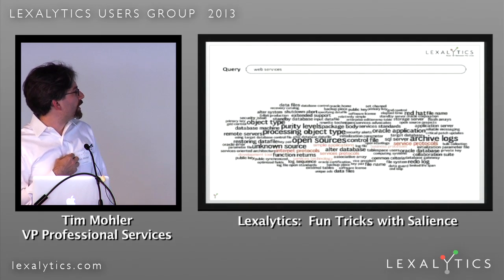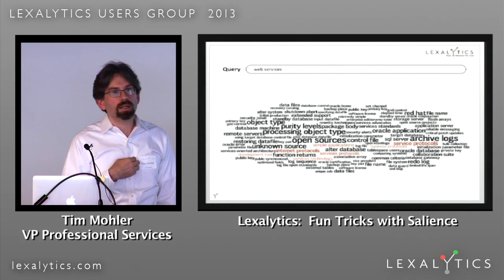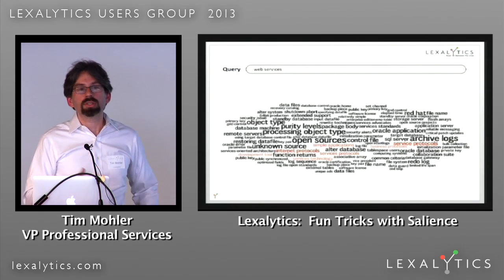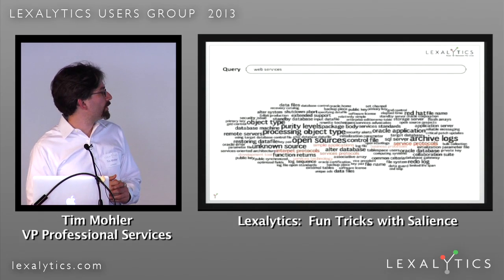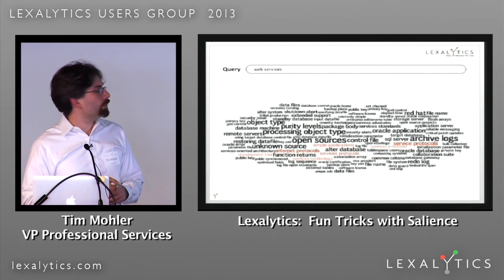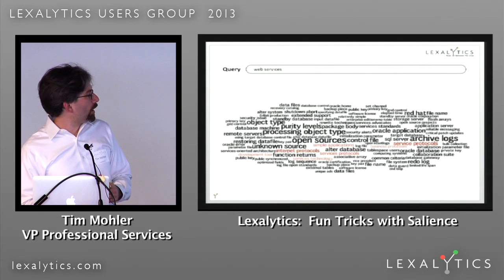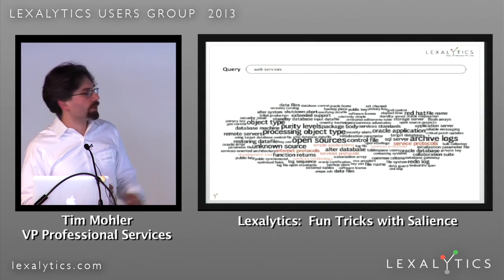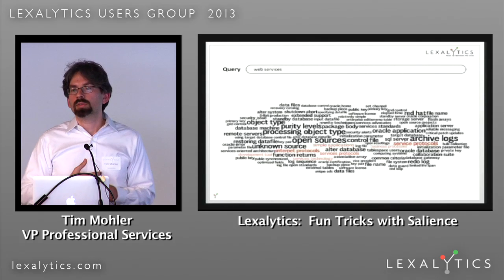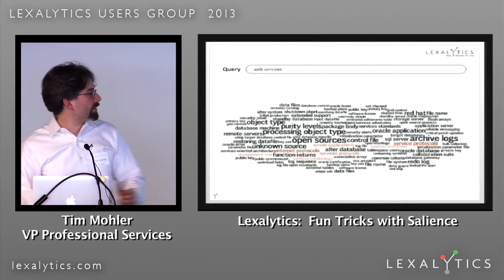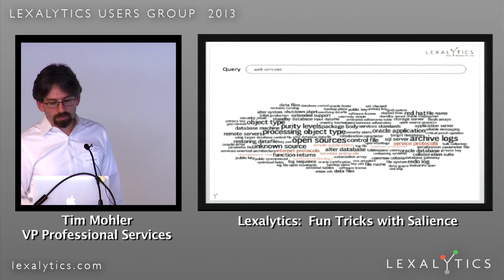And what you get out here is you get back themes that were extracted from documents that matched web services. And the size of the theme represents the frequency of it. But the other thing we've done is we've filled in the other themes that were related to web services here. And they're colored so that you can see which ones are sort of those that were co-occurring with web services versus those that were related by some kind of semantic relationship. And